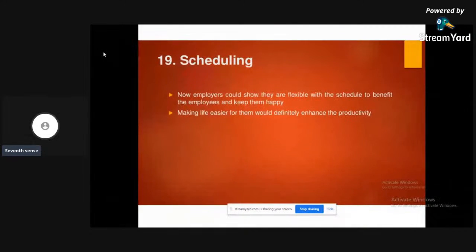Scheduling. Sometimes you have to overwork, sometimes it's okay, your work will be finished in 6 hours, so at that time you should be ready for a different work schedule. And make sure you keep up your schedule. Suppose they say 9 to 6 work, come exactly at 9. Don't come at 10, or don't come at 11 and think he or she is going to praise you.